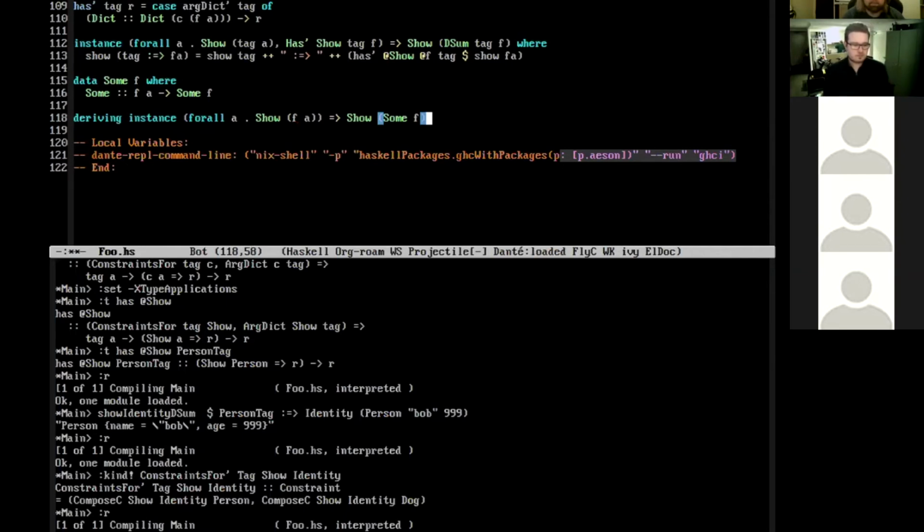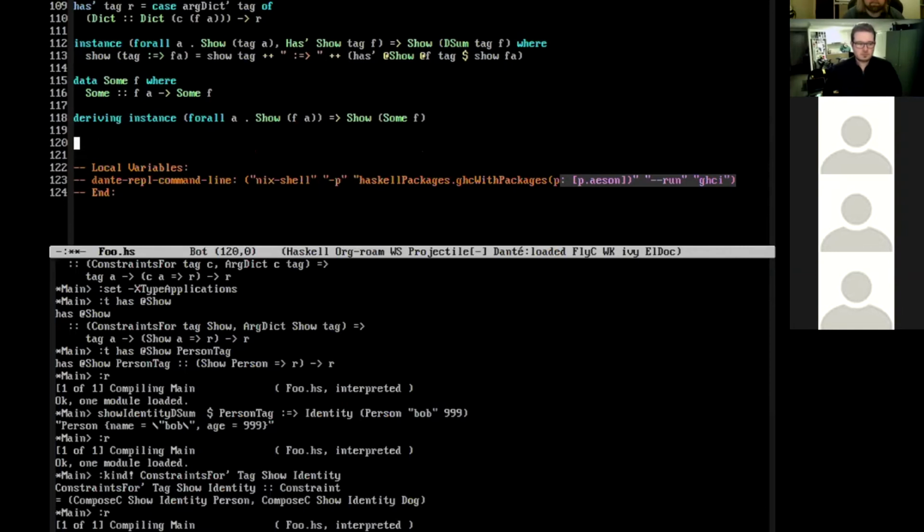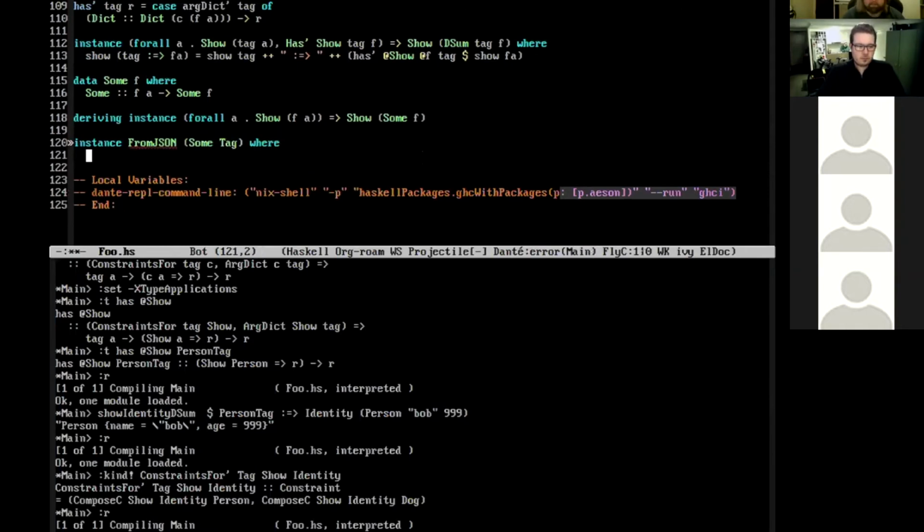So that gives us a way to a type into which we can parse the key, and so we can write the FromJSON instance out. Instance FromJSON for some tag, we don't know which. So we expect to parse some text.